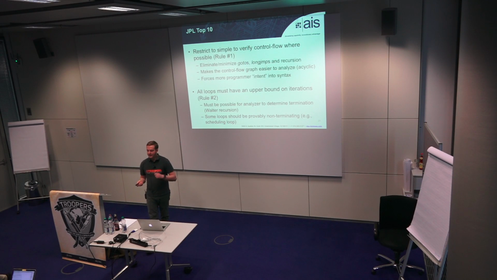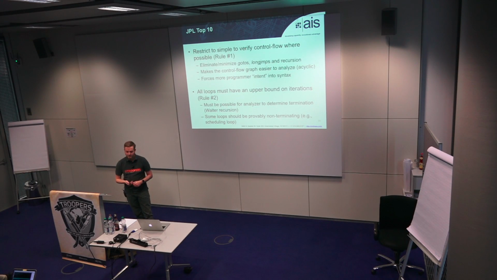All loops should have upper bounds on iterations, so this is rule number 2. There's some complexity class that I will just mention, I can talk more about offline, called Walther recursion. Basically you want to be at the simplicity where a program or a compiler can check to see if termination exists. So this is sub-Turing complete. This is where the halting problem is not undecidable, it is decidable. And so this is a more restricted language class.